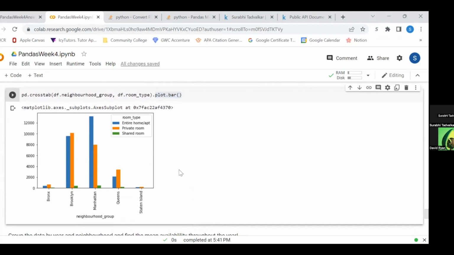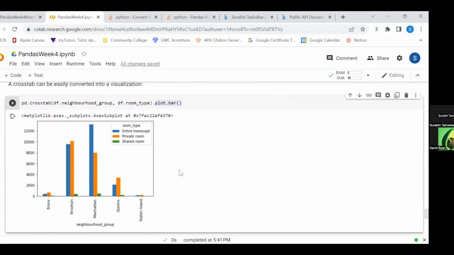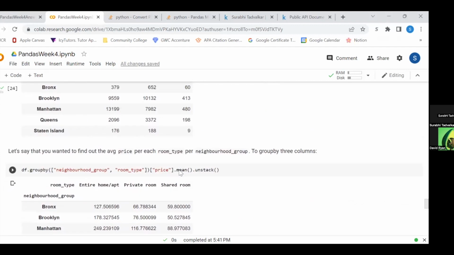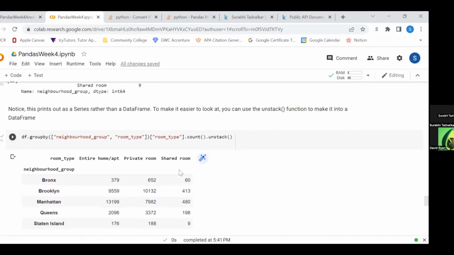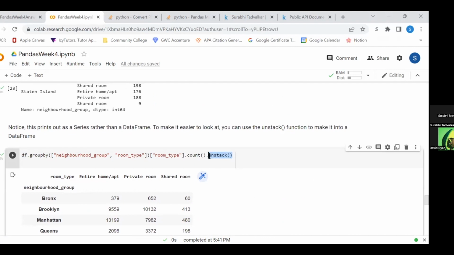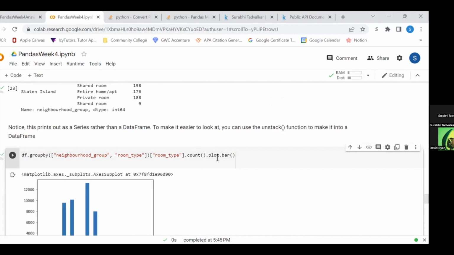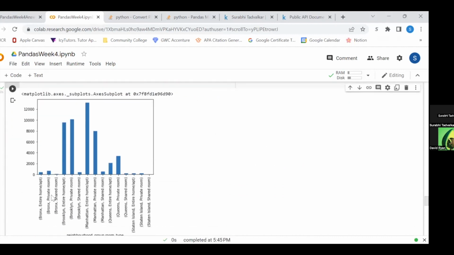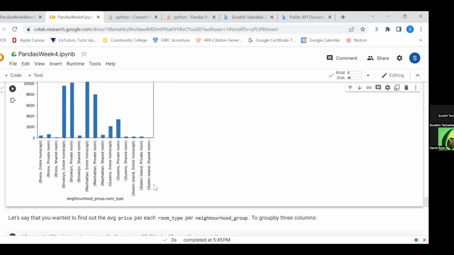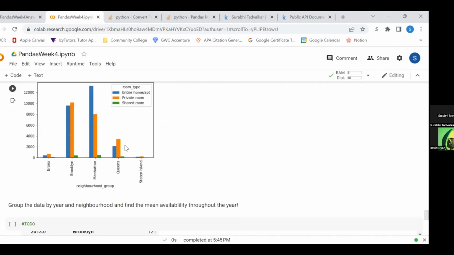I do want to be clear that you can make this graph on group by. I'll show you, but it doesn't quite look the same here. Do you see how that works? Whereas this one is grouping it